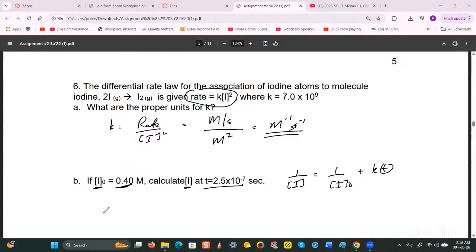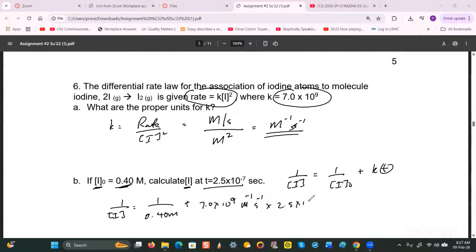concentration of iodine. How am I going to do this? So what I'm going to do is just put the numbers in actually. So 1 over the concentration of iodine would be equal to 1 over the initial concentration, which is 0.40 M, plus KT. Now, K is given as 7.0 times 10 to the 9, M to the minus 1, S to the minus 1, multiplied by T, which is 2.5 times 10 to the minus 7 seconds, all right? So what I would do is work out this part first. And when I did that, I got